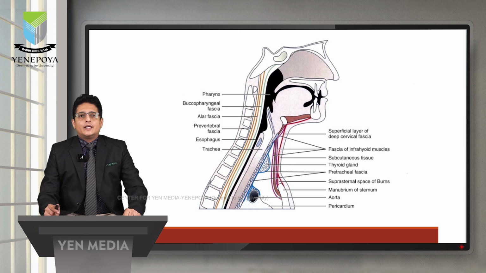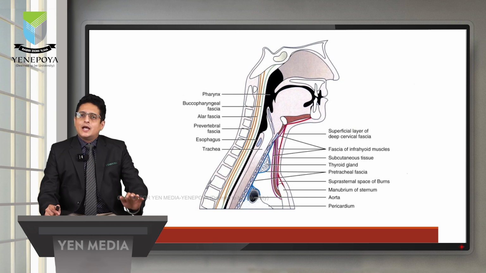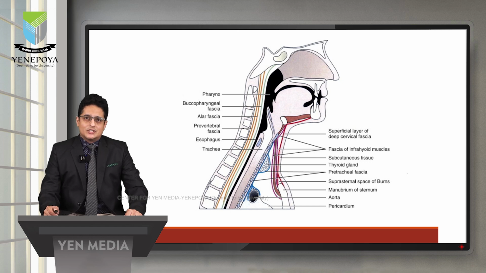In this picture you can understand how the infection travels in the backward direction from the sublingual into the lateral pharyngeal spaces by the buccopharyngeal gap, and from there to the retropharyngeal and to the alar space. The alar space, also known as the danger space, has a direct communication with the mediastinum, and thus the infection spreads to the mediastinum, causing mediastinitis, which is a very dreaded complication of Ludwig's angina.